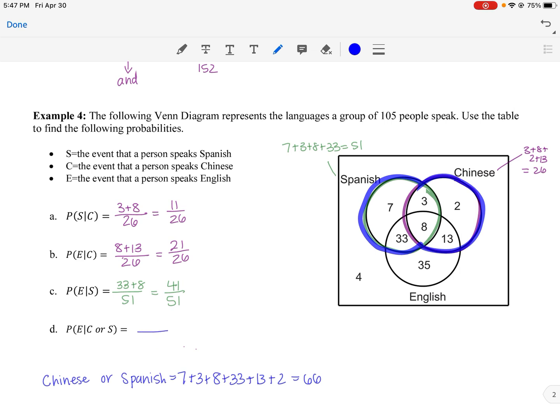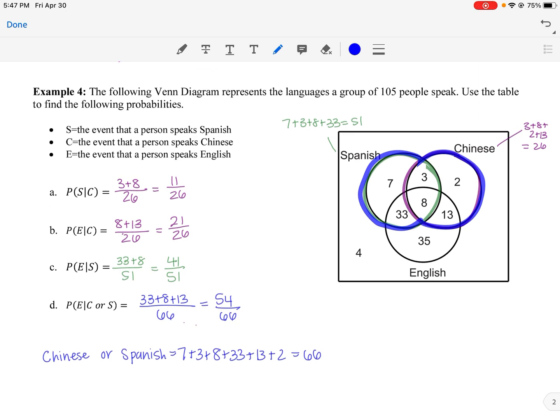As far as the people who speak English, there's now a little bit more overlap, right? We've got all of this who also overlaps the English circle. So we're going to have 3 numbers that we're adding on top. The 33 plus the 8 plus the 13 all over 66. So we get a total of 54 out of 66. Okay,